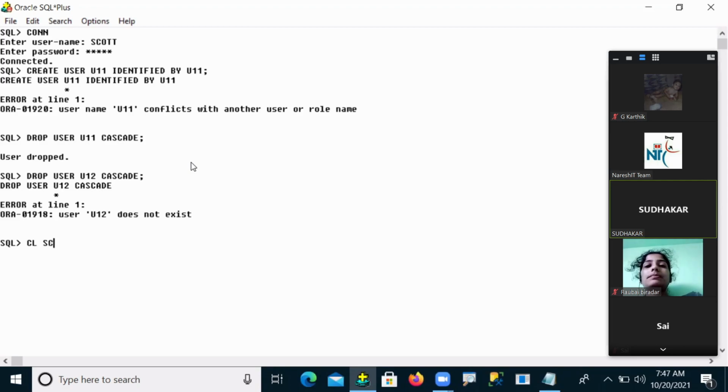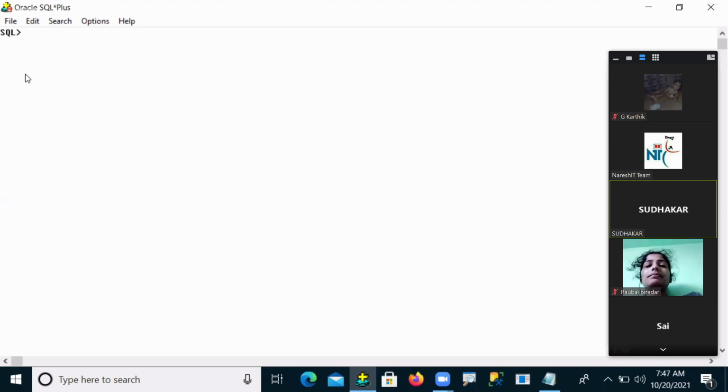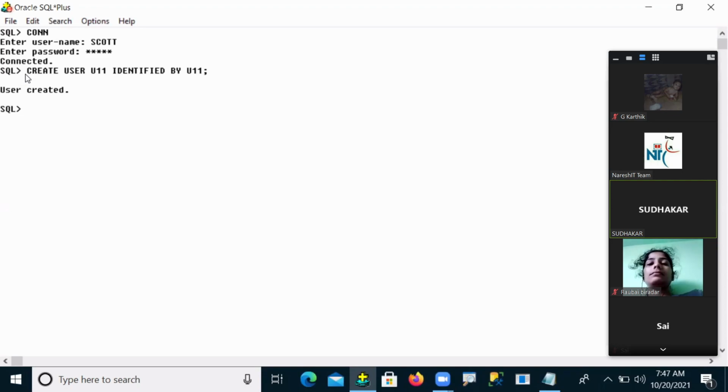Fine. So let you see, guys, here. The administrator will create a new user. So the command is create user U11 identified by U11. The user is created.